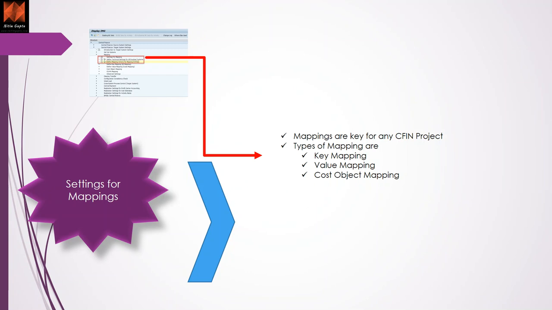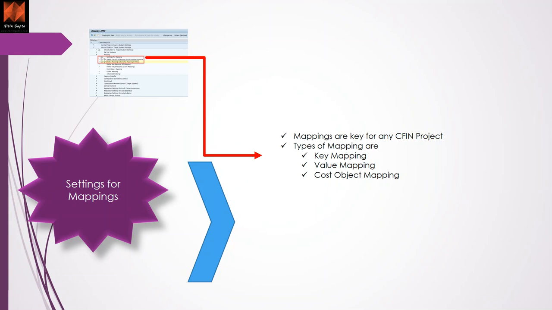Mapping basically means you map all the objects in the source system to different objects in the target system. It may be n is to 1, it may be 1 is to 1, it depends on the design, and it is also managed per system. So for ERPA, for a GL account you can have one mapping, and for ERPB, for the GL account you can have a different mapping. Some mappings are based at controlling area level, some at company code level, and some at system level. When you start working on those mappings, you will see all those classifications.